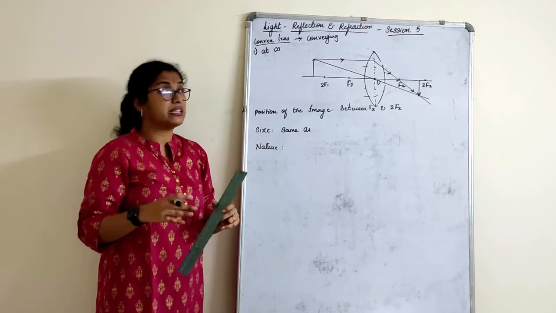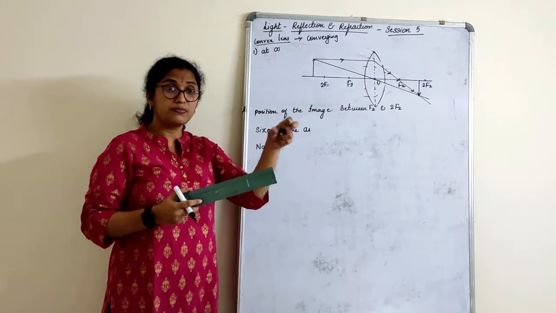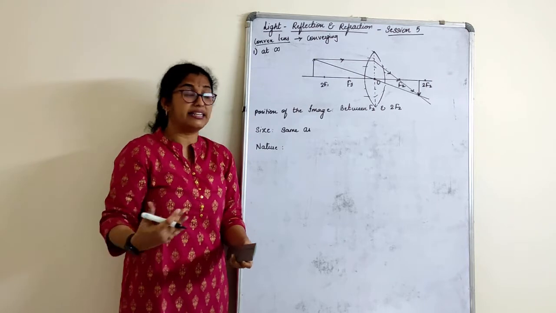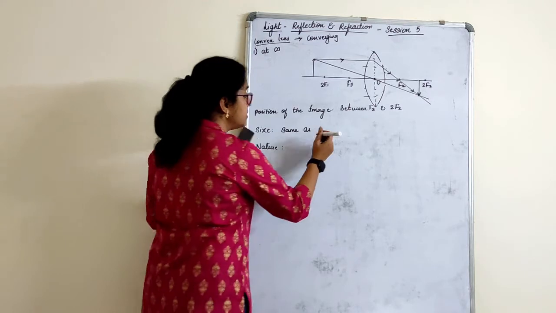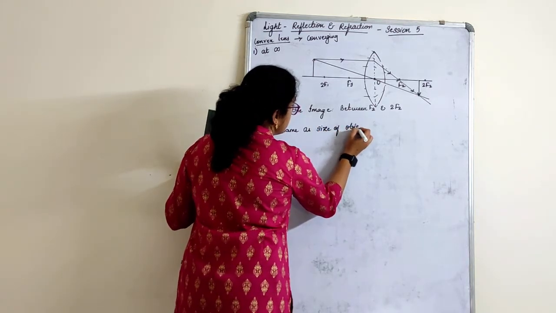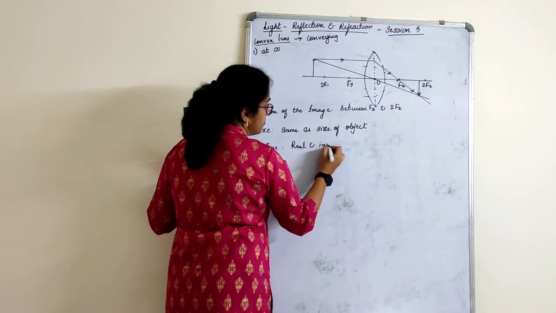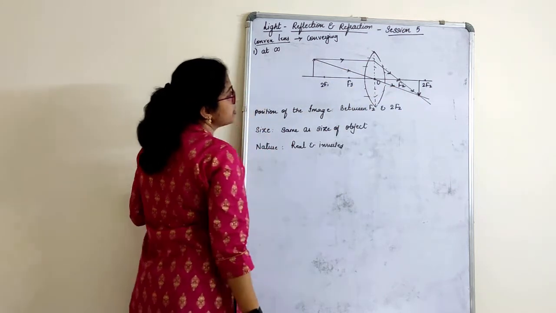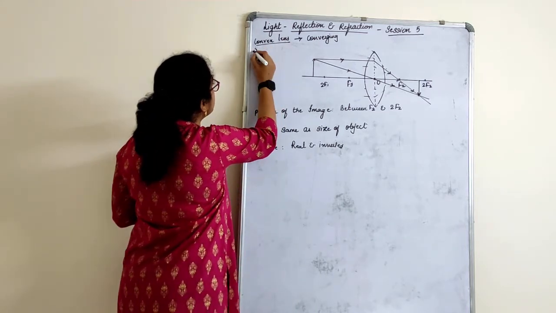Everybody has to get the same thing, because these ray diagrams can be performed in the laboratory. You have the optical bench where you can place the candle, the screen, and the lens, where you can accurately mark and get this, right? So, same size as the object. Nature: real and inverted. Arrow marks: if I forget the arrow marks also, please make sure that you do it. Right, it's very clear. Okay, I did not mention it here.